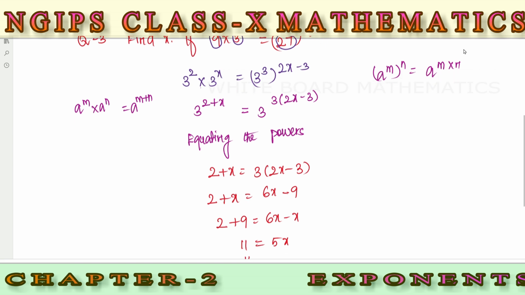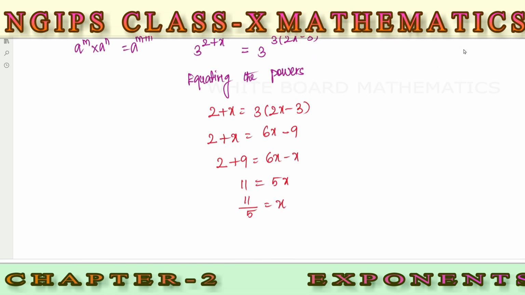Now if you look at this, it is an improper fraction. When you convert into a mixed fraction, 2 5s are 10. So the remainder here is 1, so the x value is going to be 2 into 1 by 5, or even you can write it as 11 by 5 also. So these both are the answers. We have completed the first exercise. We will see the next exercise in the next session.